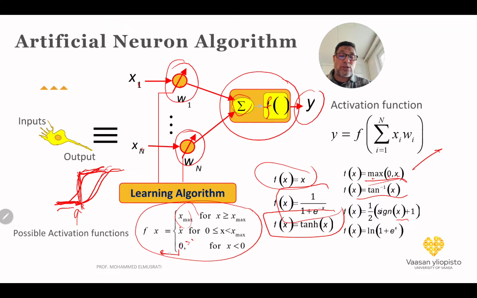It will be closed, like a gate at 0, and after x max it will stop at x max. So the function will be 0 until 0, at 0 it will increase like x, and after that it will continue like that. So it is also some kind of approximation to the original gate function in the actual